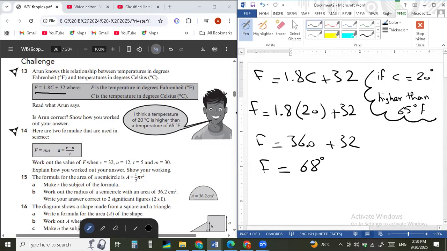How did I do it? I just substituted the C. He told me if C is 20, is it going to be higher than 65? So I just replaced C with 20, and I saw whether F is going to be higher than 65 or not. All right. The next question here says to you,